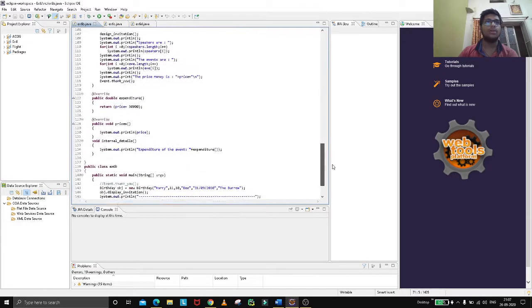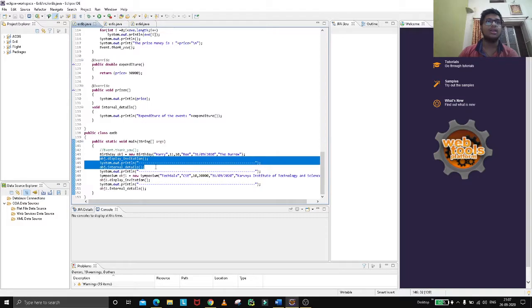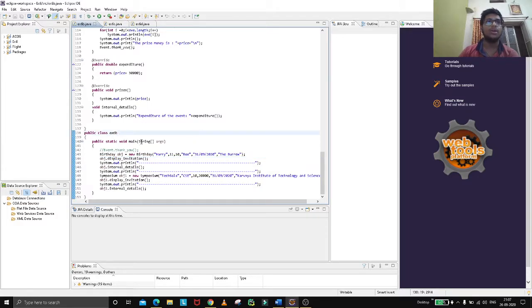Now what we have to do is make a main class in which we create an object and call every function, like display and internal details, so that internal details will have everything in it, and we can have the normal implementation of interfaces over a class. So basically, when we run this program,